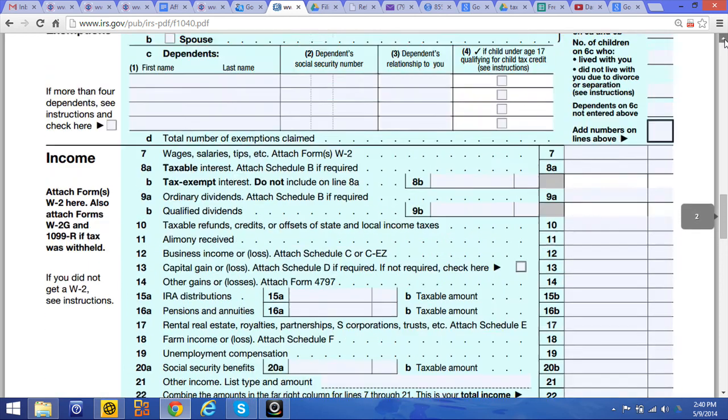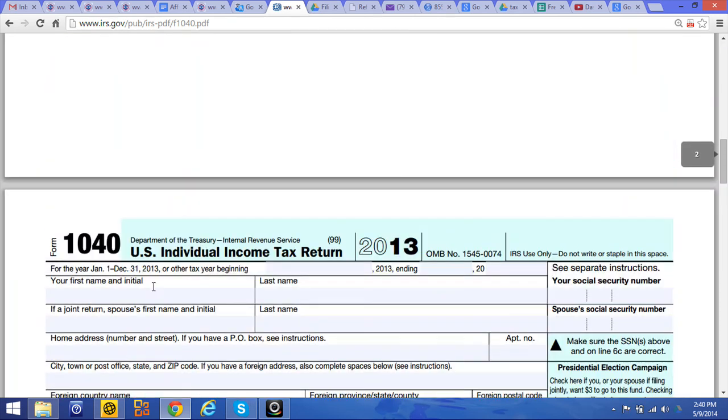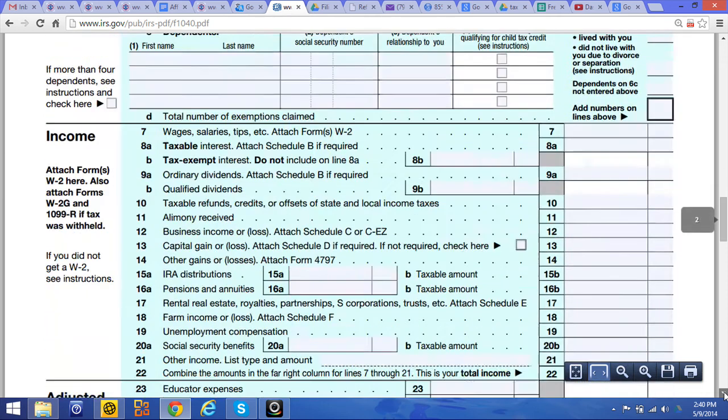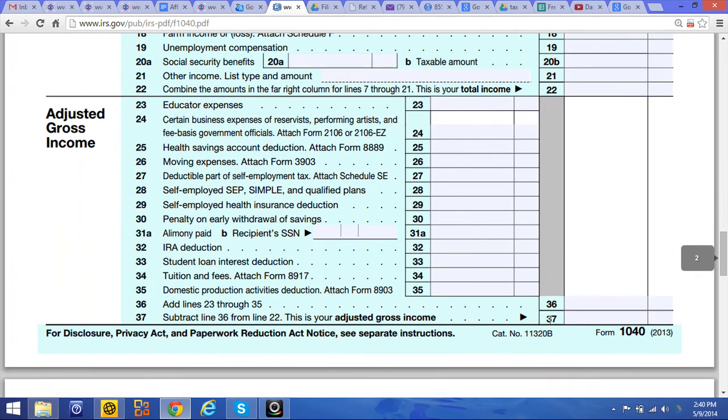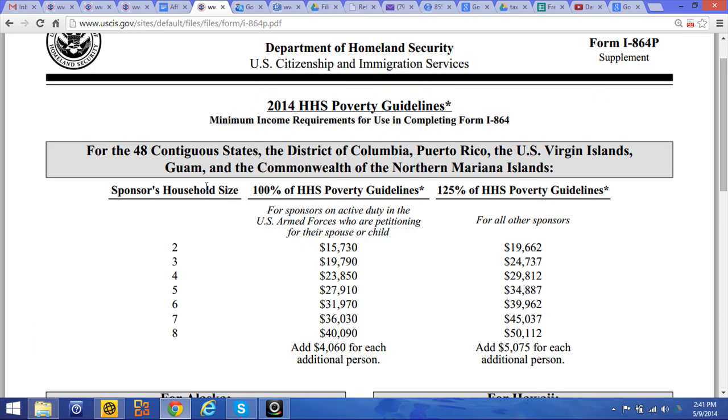Unless you use the form 1040A. Okay, this is another example. If you use the form 1040A, you will use your adjusted gross income, line 37. But generally it is line 22. This is your total income. Okay, so we were talking about household size 4. So your income should be above